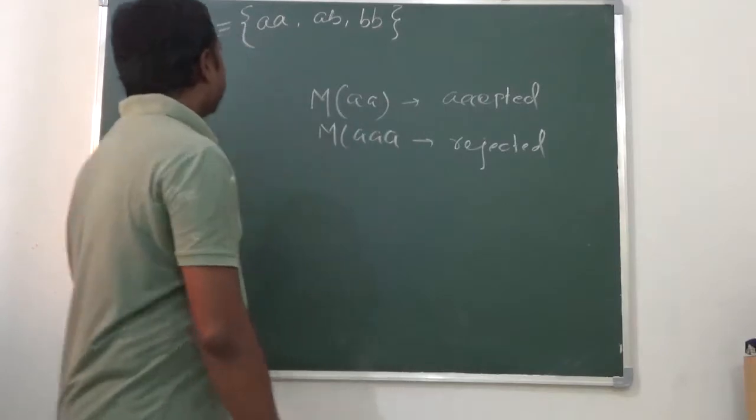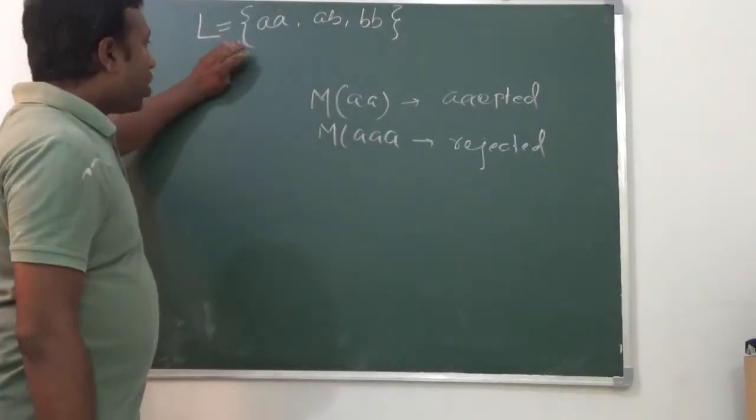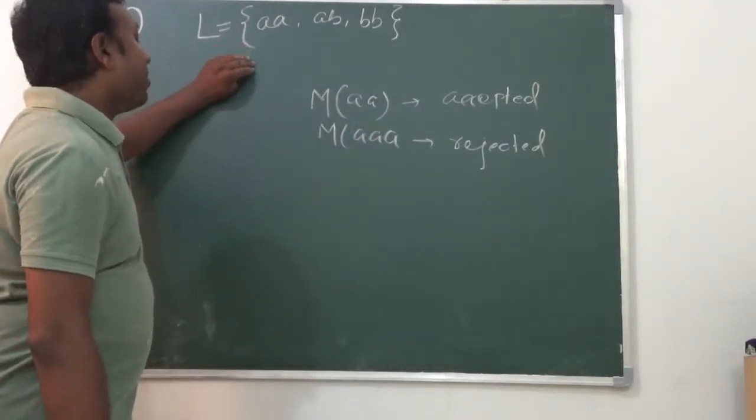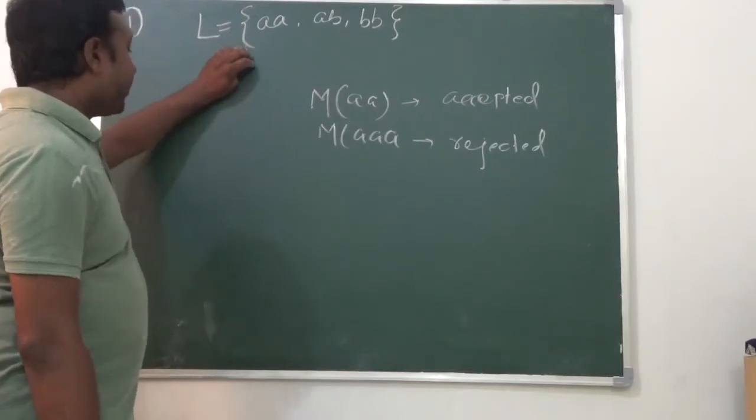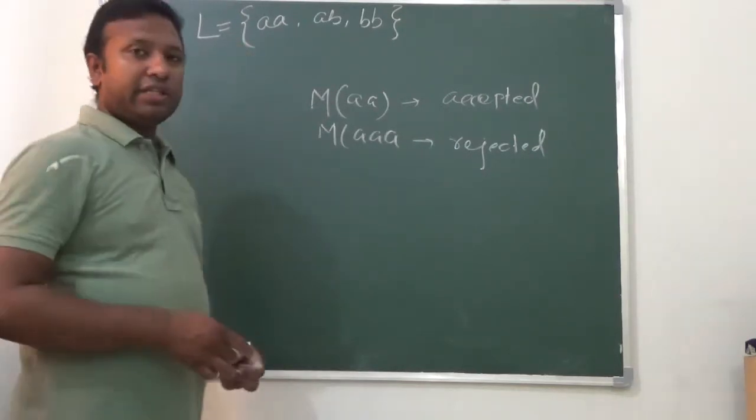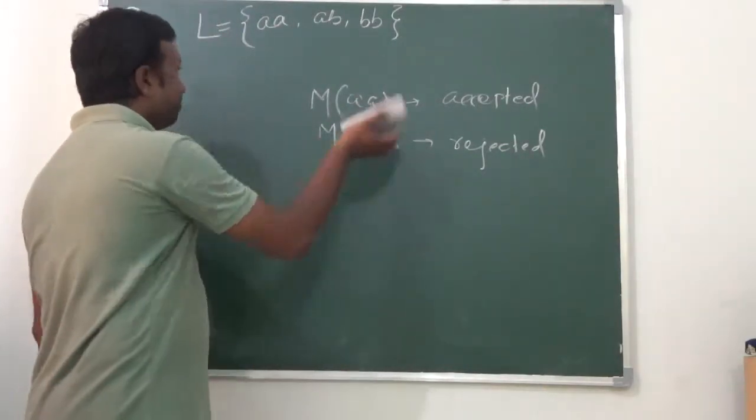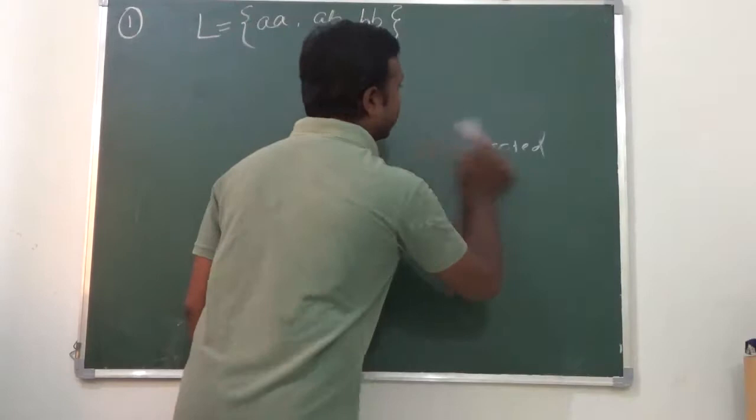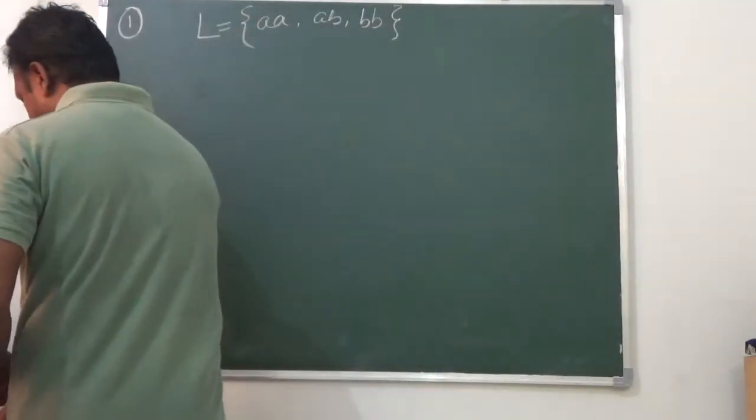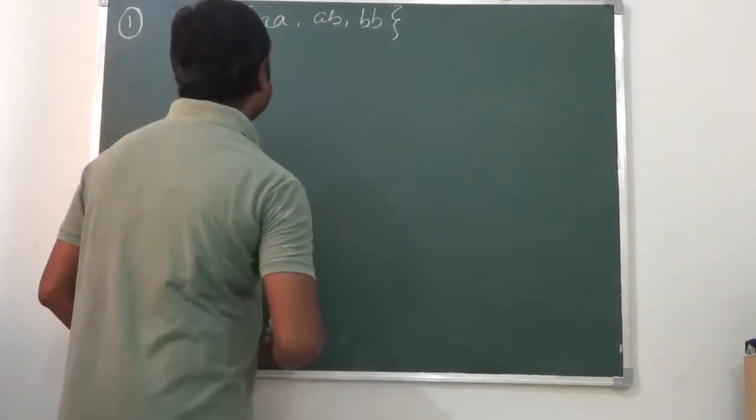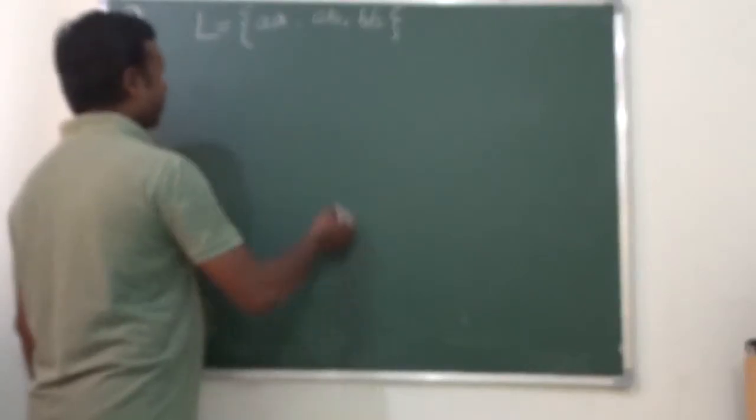So whatever this language contains, all those strings will be accepted. But if something is not in this language, then the machine should reject it. So that is the conception about designing the machine. Now, how will we design it? Let us say